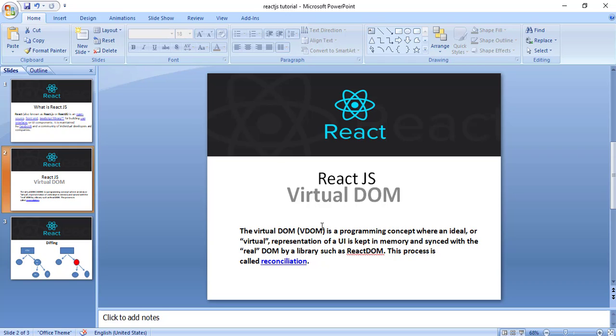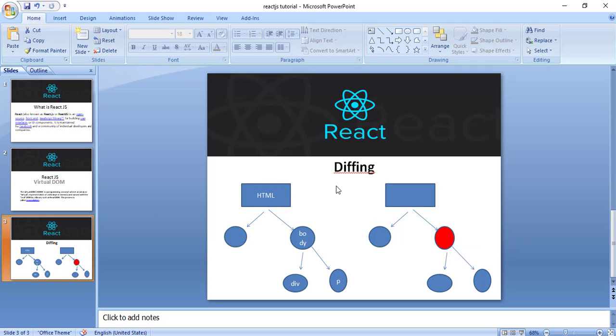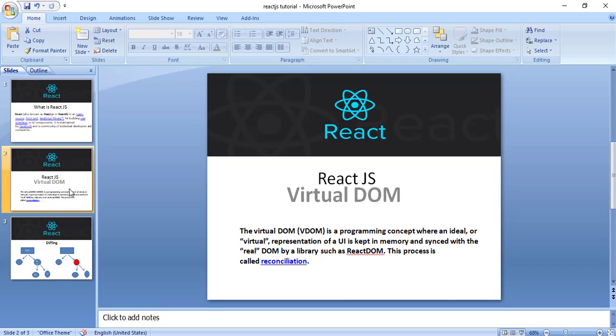Friends, virtual DOM is just like the actual DOM, but it is in the form of a tree, and in memory it is in the form of an object. So friends, I think you must have understood what virtual DOM is. Virtual DOM is just like a copy of the actual DOM in the form of an object.